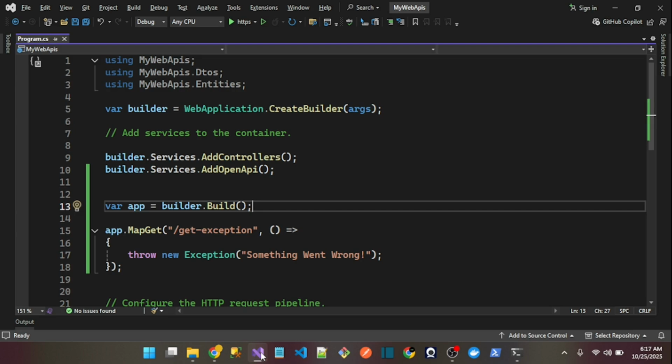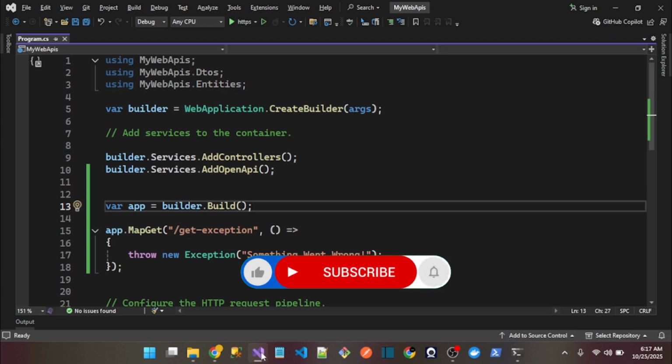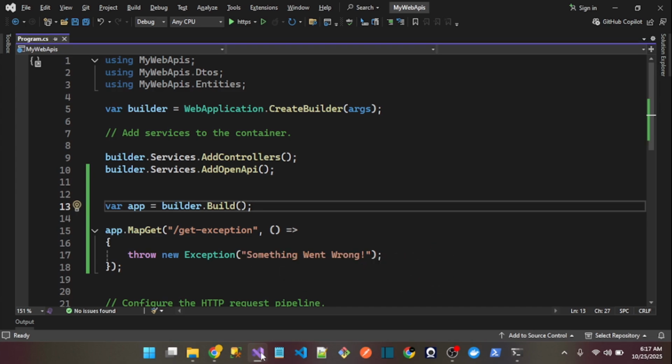So today we will see the implementation of a global exception handler in an ASP.NET Core application. Whenever an exception occurs anywhere in the application, our application should be able to handle the exceptions at a global level, and it should generate the response as well. We will see how we can implement this in .NET 9, and within a few steps we will implement our global